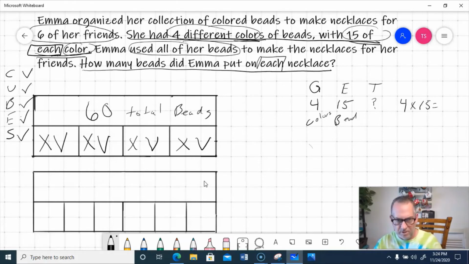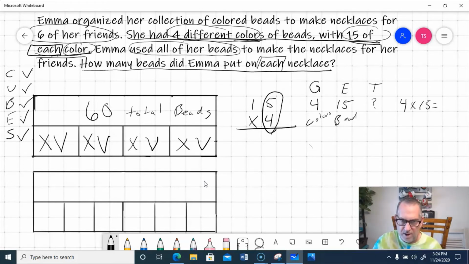So I need to go and do the next part of the problem now. Well, first let's go and use a standard algorithm. I forgot we're going to use a standard algorithm. So 15 times 4. When we're doing a standard algorithm for 2-digit by 1-digit multiplication, we multiply up first,